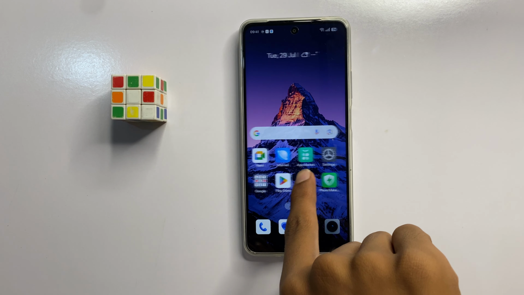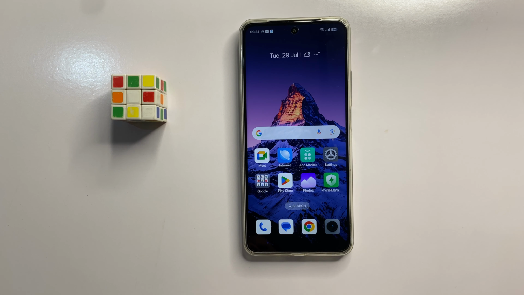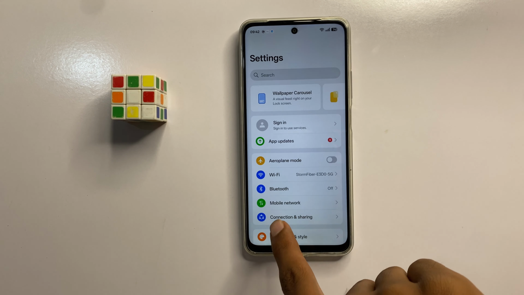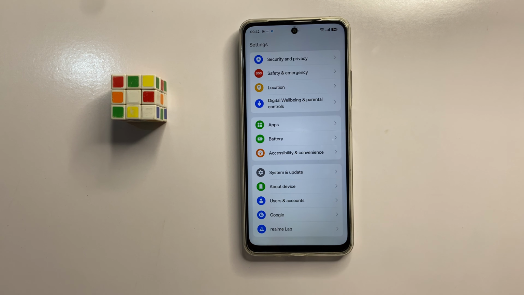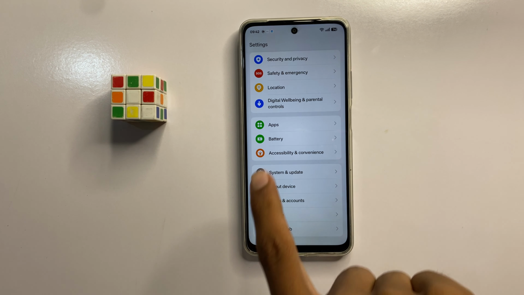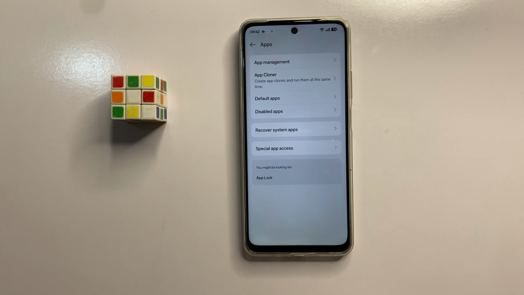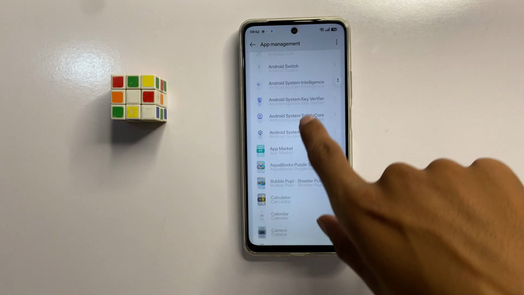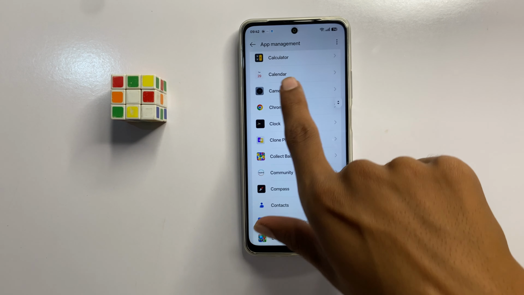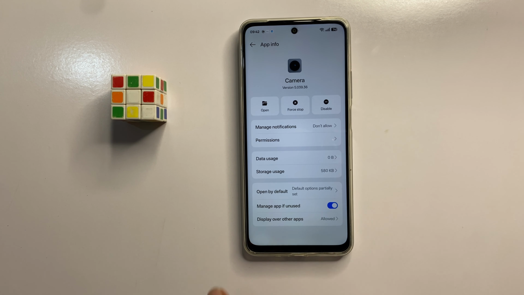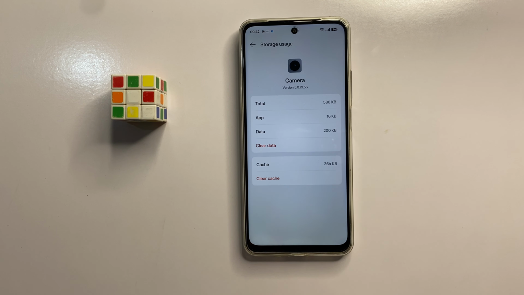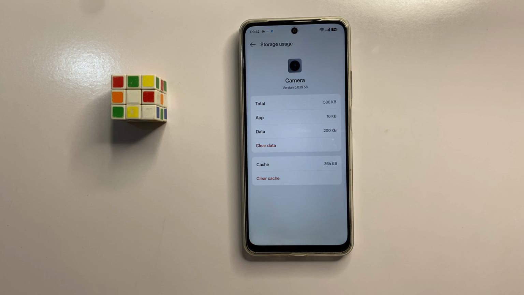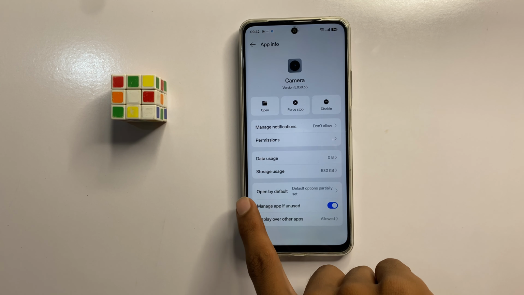First of all, open settings. In settings, scroll down and here you can see the option apps. Now click on apps and then click on app management. Now scroll down and click on camera and then click on storage usage. Now here you can clear the cache memory of your camera. After clearing the cache memory, then go back